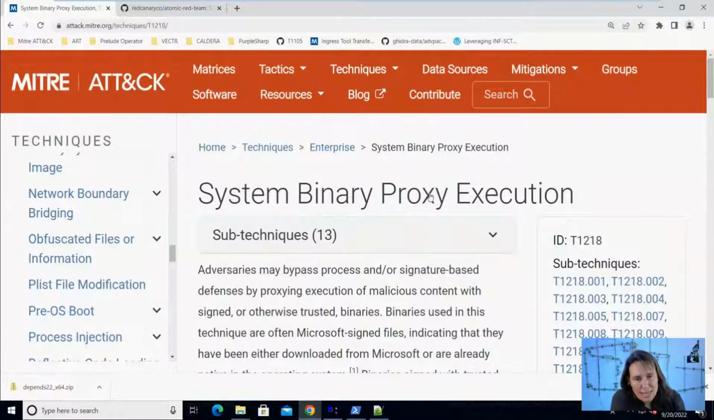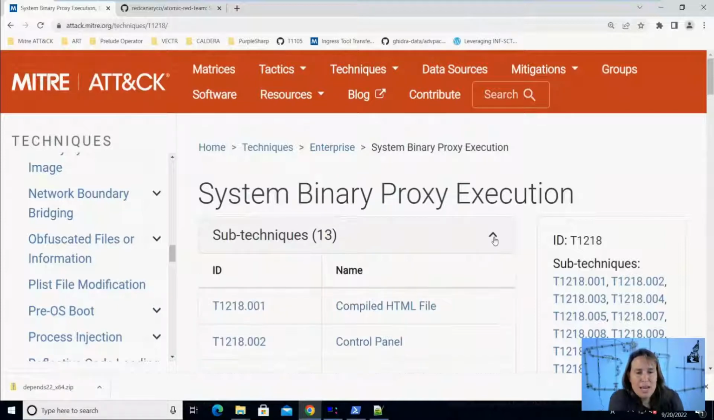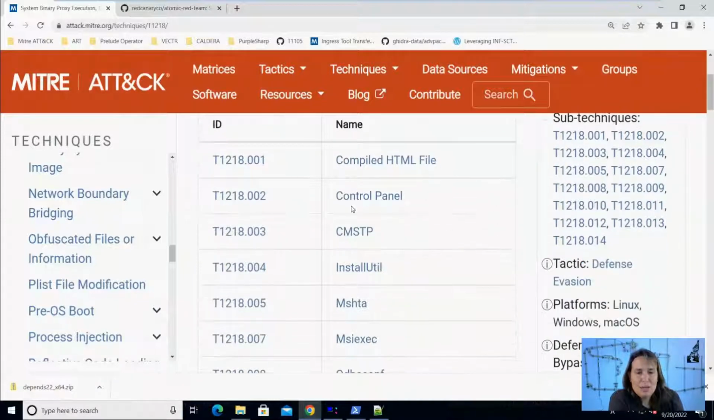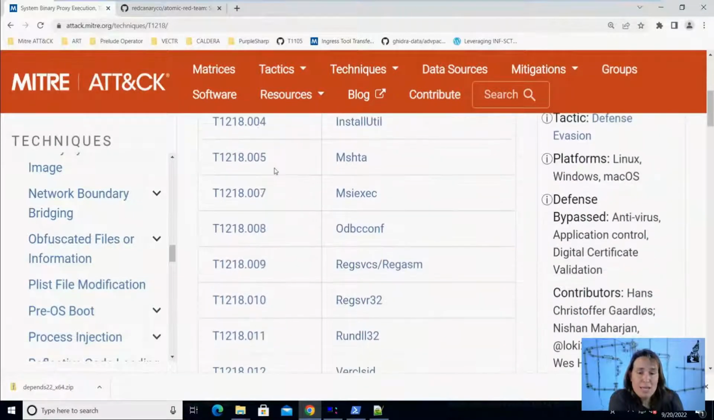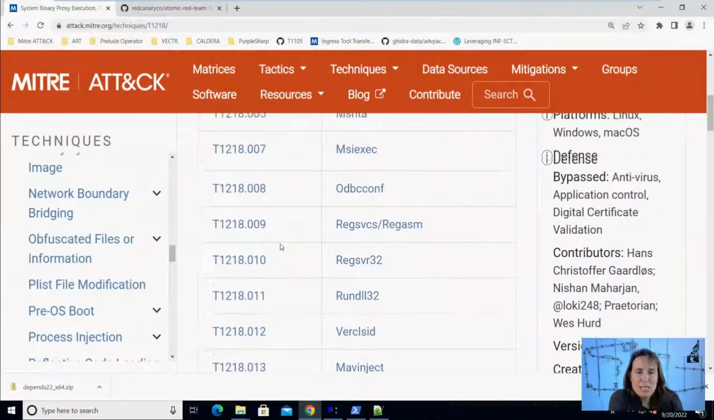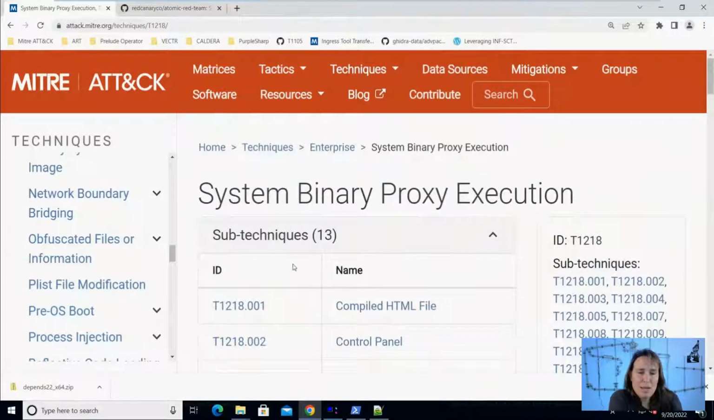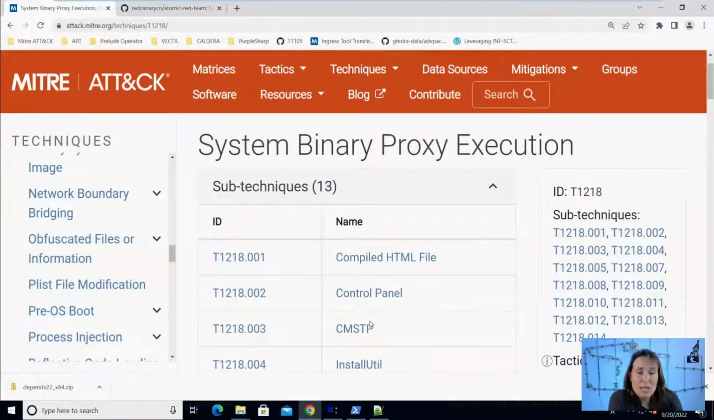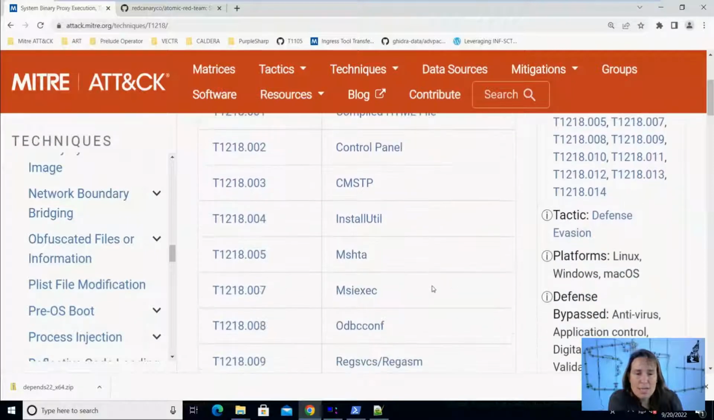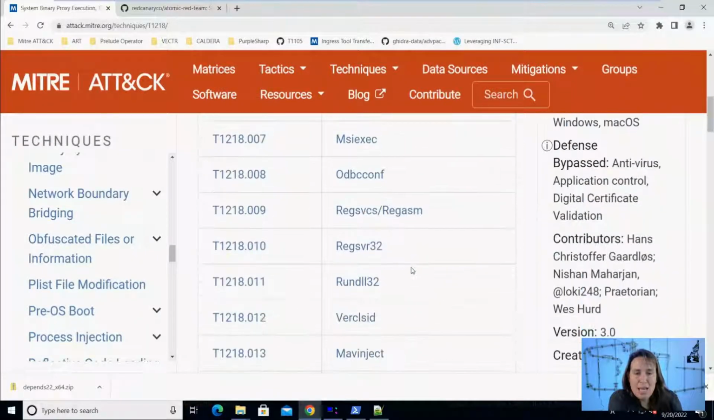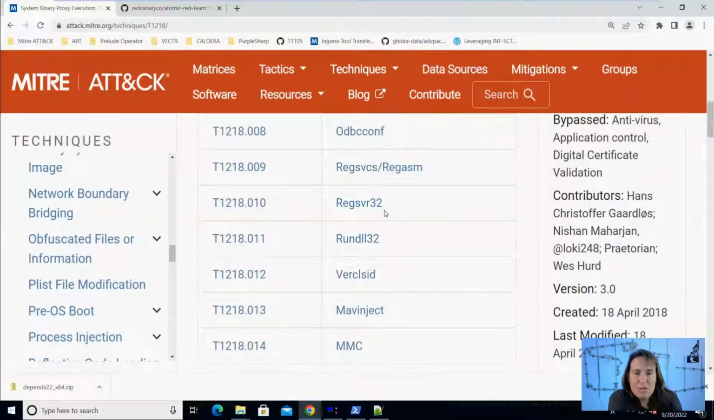This technique has multiple sub-techniques. So there's lots of binaries that can be used to proxy execution. And if we look at this list here, in MITRE, they've defined 14 sub-techniques. So they have a sub-technique for using compiled HTML files to proxy execution all the way down through MSHTA and regsvr32. Today we're looking at sub-technique number 11,